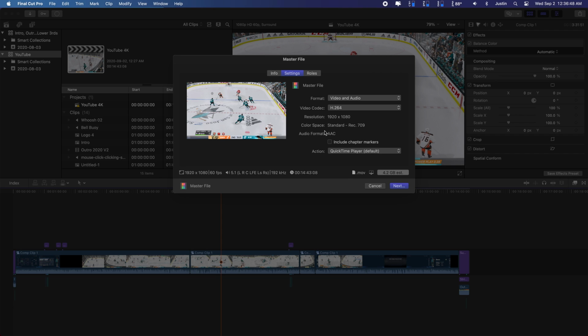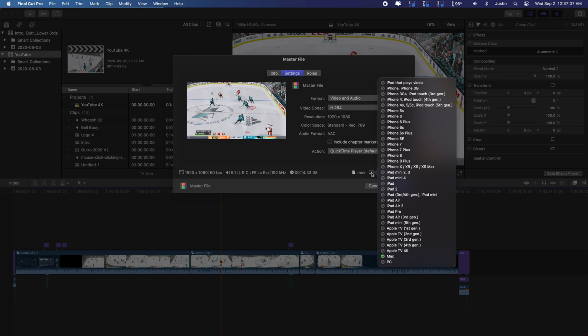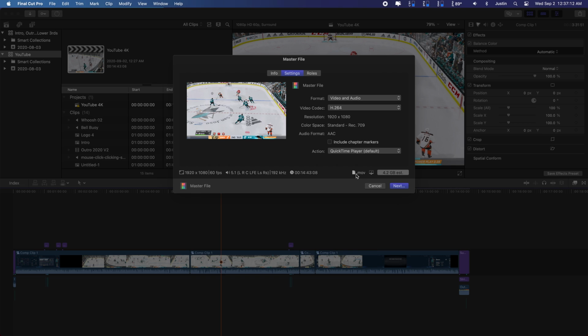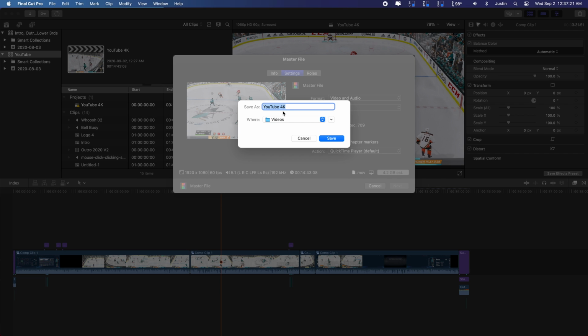I don't think I'm going to start doing that again, but video codec H.264, resolution, make sure it's 1920 by 1080. Color space is standard Rec. 709, and then audio format AAC, action, QuickTime Player. So anyways, it's only good for Mac. It doesn't really matter. It's .mov, estimated is about 5 gigs. That's usually around the video size that I do anyways. So I click next and it should save in my